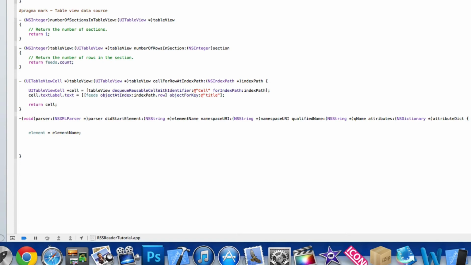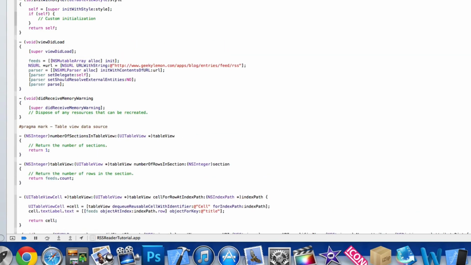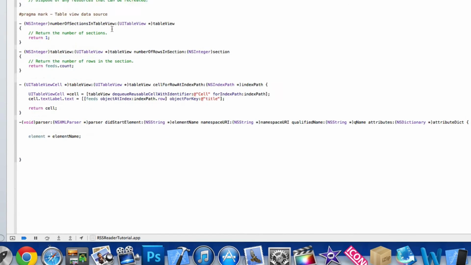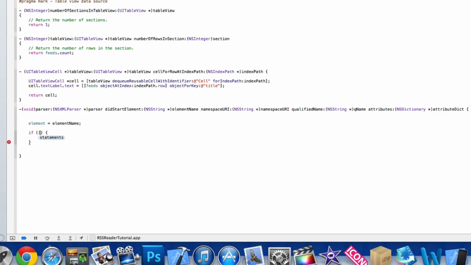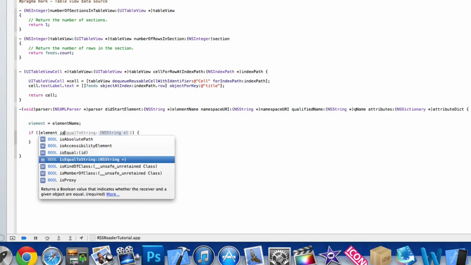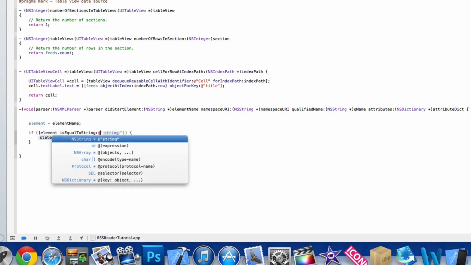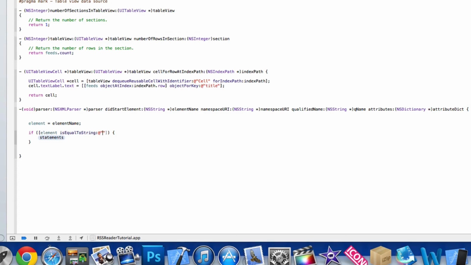Now we're going to do an if statement. So if the element is equal to item, we're going to be able to allocate our title, our multiple dictionary, our multiple strings here of our title, and our link. So we do that if statement now. So in the condition here, we do a bracket, element is equal to string, and in the highlight section here, at symbol, quotation mark, and if it's equal to the item, and that bracket and a semicolon, we are then in these statements here going to have, I'll do another enter again so you can see, item space equals space bracket